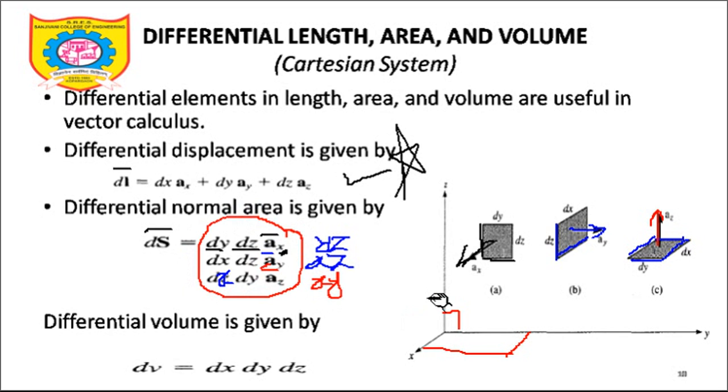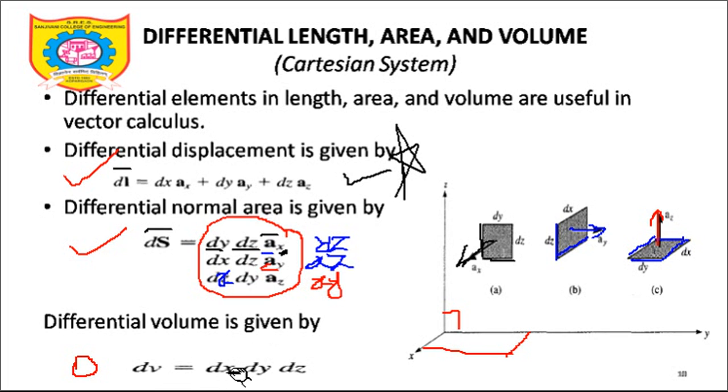So surface is a vector, which means I need to represent it with a vector entity. Similarly, what will be the volume? As I told you, volume is a scalar entity. So dv is equal to dx dy dz. That's it. It is not having any unit vector. If I draw a cubical shape, the cube will not have any direction. A cube is a six-surface closed surface, and if I want to calculate the volume of a cube, it will be dv equal to dx dy dz. That's it. So line is a vector, surface is a vector, but volume is a scalar. Volume is a scalar entity which does not have any direction, and it will be calculated as dv.